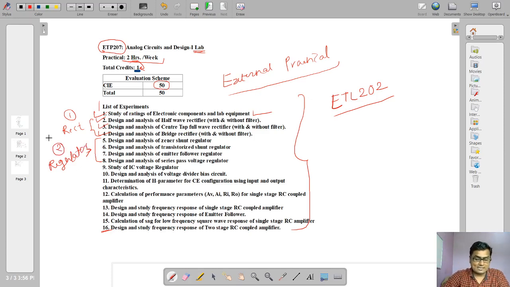Look at this. At the first stage of your second year, we are focusing more and more on power supply, because for every electronic circuit, the heart is its power supply. If the power supply is damaged, your circuit will never work. Every electronic circuit needs a small DC power supply. So you should be able to build, design, develop that power supply. With that intention, we are focusing more on power supply in this first semester.